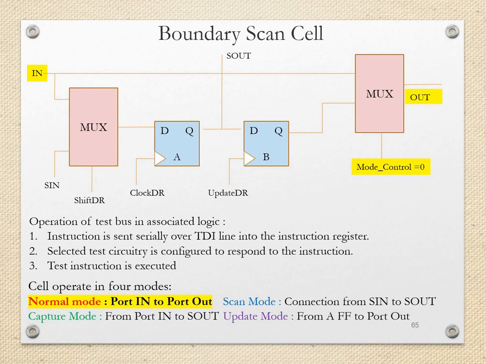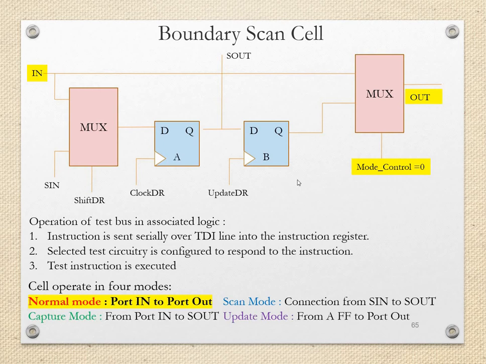So this is the path followed in the normal operation, in which the data is taken from the IO pin and then given to the internal logic. So this is the normal operation of the IO block, in which the test mode is not coming into the picture. The IO pin will function only as an input pin or an output pin. It will take the data from the external world and just pass that signal on to the internal logic.